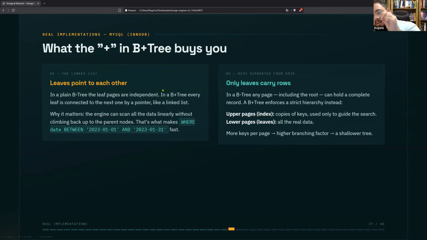What is the difference between a B+tree and a B-tree? A B+tree gives you some things that you don't have in an ordinary B-tree. The first thing you receive is a linked list between the leaves. In a plain B-tree, the leaf pages are independent.